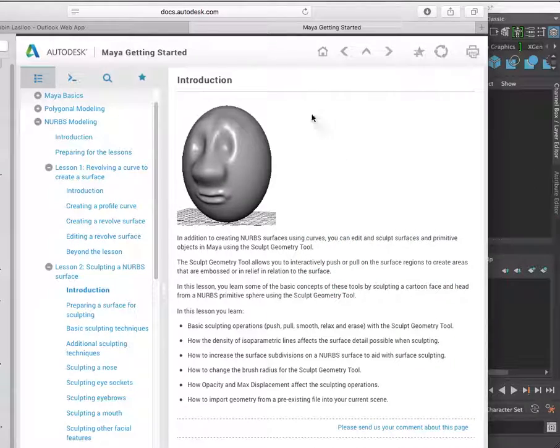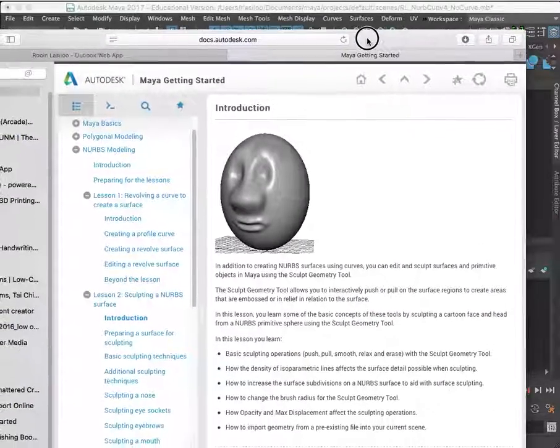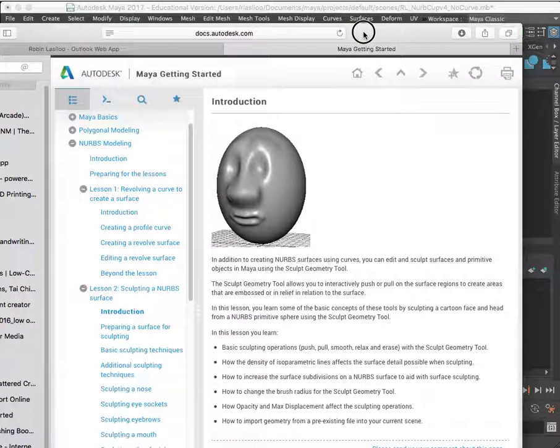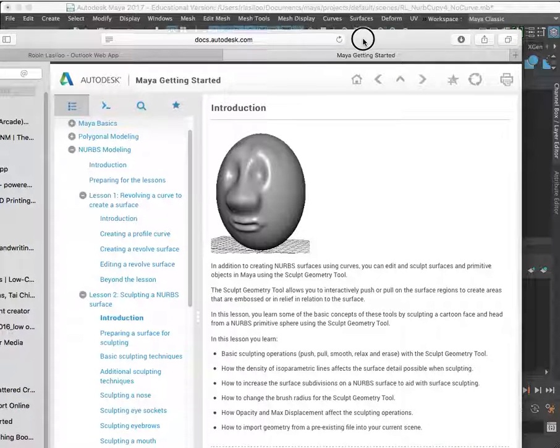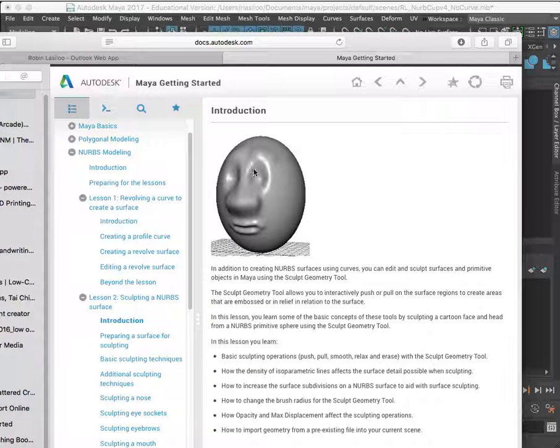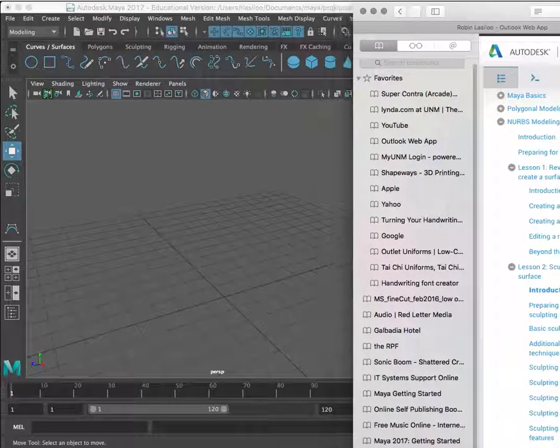Okay, so let's see. In lesson 2 of the Nurbs modeling chapter, you'll be sculpting this Nurb surface. You'll create a Nurb sphere, and then you'll be using a tool that will allow you to sculpt the surface, creating the details that you see here. So, first of all,